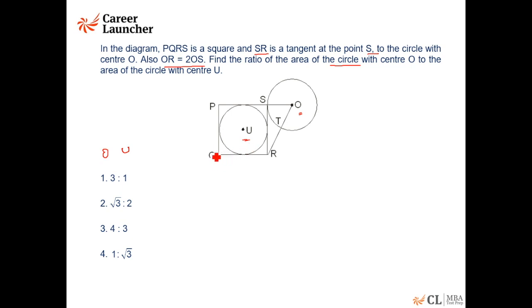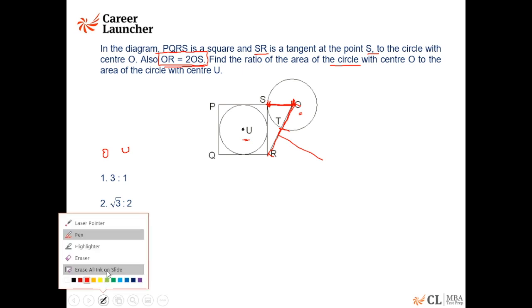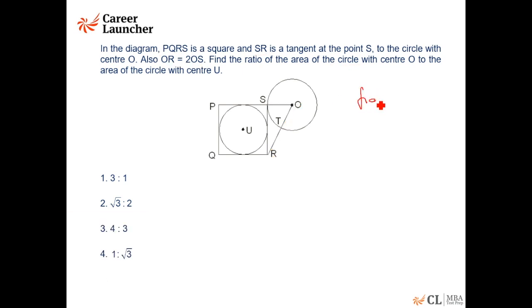Now, first question, a figure is given. Is the figure to scale or not? Please check. You have a rough sheet with you. The question is telling you that OR is twice OS. Please measure. Take your rough sheet, measure OS. Okay. And using your rough sheet, measure this also. So, on your rough sheet, put this as a mark and keep your rough sheet like this and see if this plus this is equal to this. You'll find the figure is correct. So, using your rough sheet, you can verify that the figure is to scale.